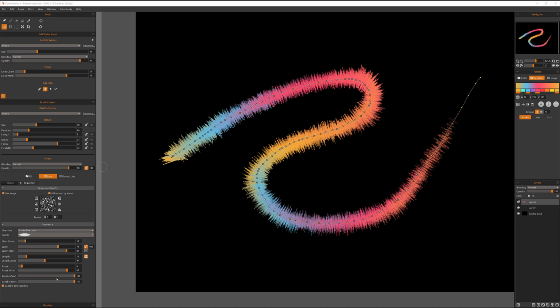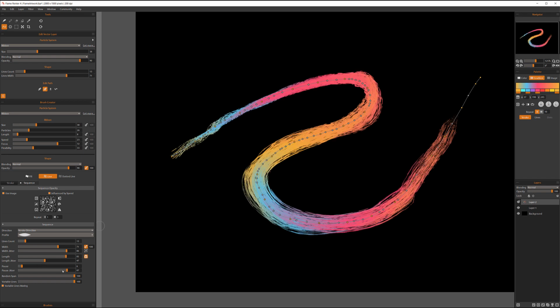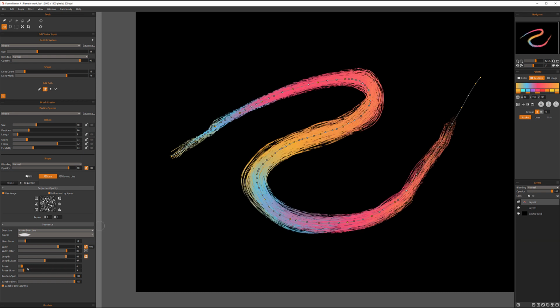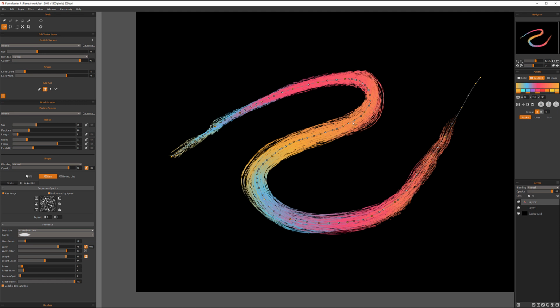Okay, next we have random span, and span is between those sequences. So let's go ahead and increase it right here. We'll take pause jitter down, and between the lines as they're going, we remove the randomness. You can see right here, if you watch carefully, there's randomness between those lines, so they become more uniform between lines if we split them vertically as they're going right here. So the randomness between them,